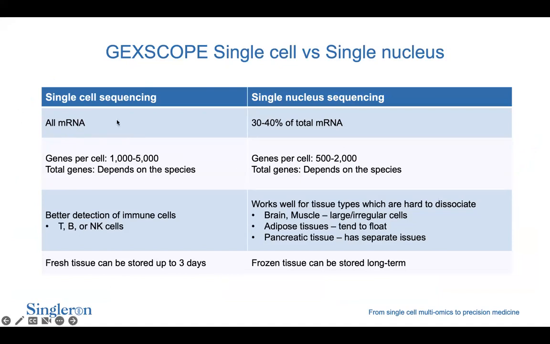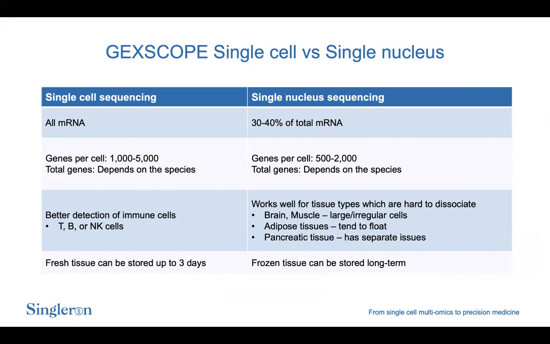Basically, single cell sequencing utilizes all the mRNAs that are in the cells. And depending on the type of tissue, you can detect on average between 1,000 to 5,000 genes per cell. And it's very good in detecting the immune cells, in case you are working with T cells, B cells, or NK cells. This would be the preferred method of choice. And the fresh tissue, which you can use for such experiments, can be stored for up to 3 days in